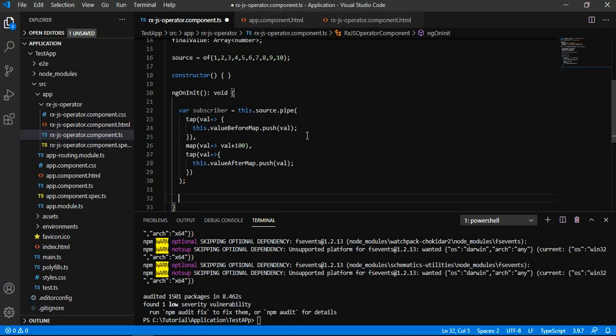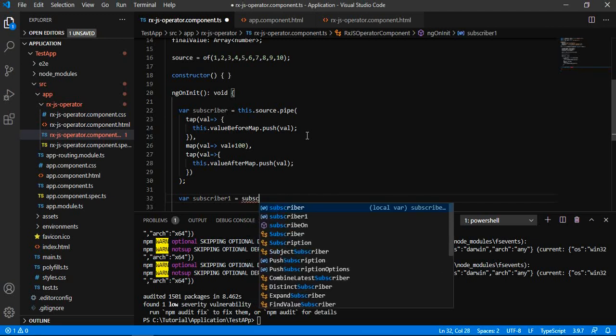Inside the pipe we have performed two times tap and one time map. On the first tap we are not changing the value, and on the second tap we have applied some changes with the help of the map operator. Now let me subscribe